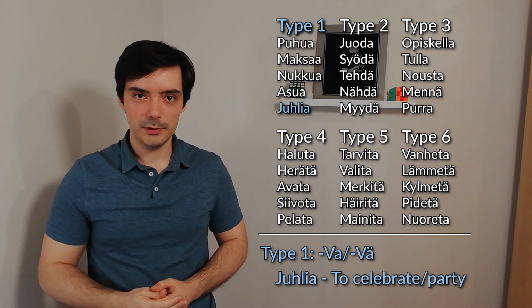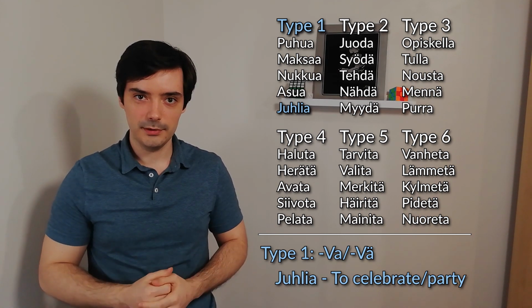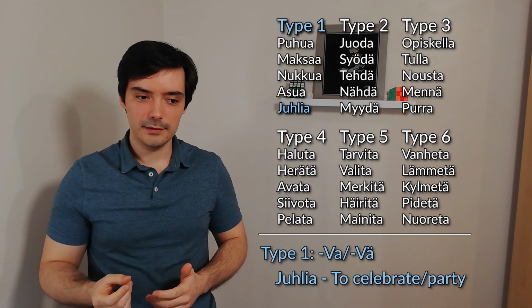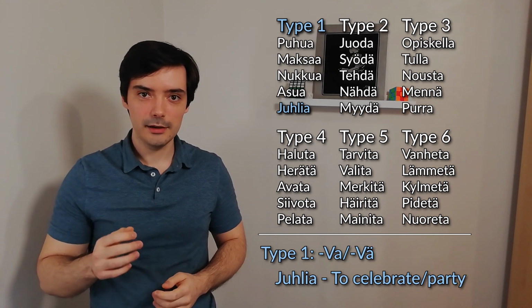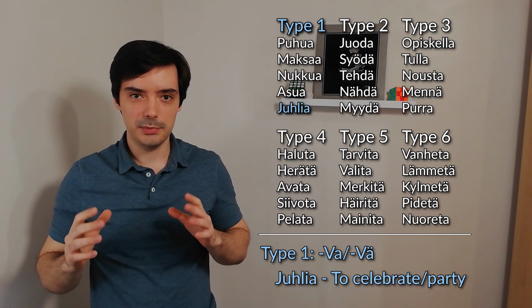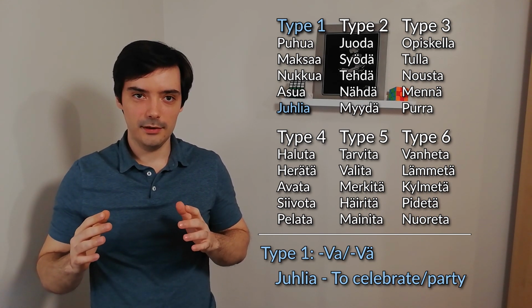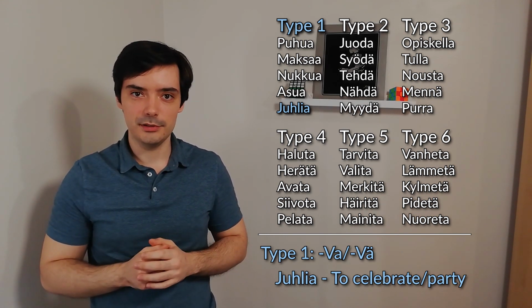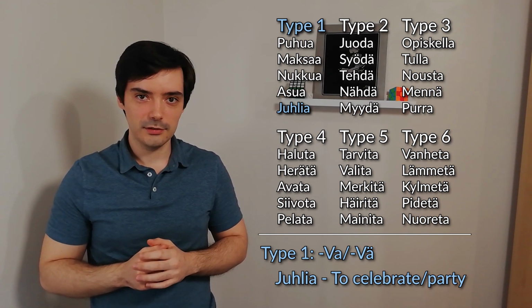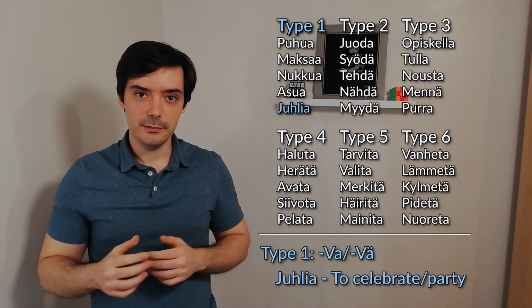And then juhlia. Juhlia means to celebrate or to party, and this is a bit of an uncommon verb, but I added it here because it's a bit different than the others. It ends in an I followed by an A. And like I said before, the idea here is to pick verbs that represent the different nuances of each conjugation type, so that we have a good representation of what the type is,